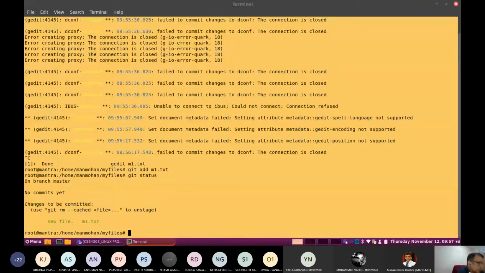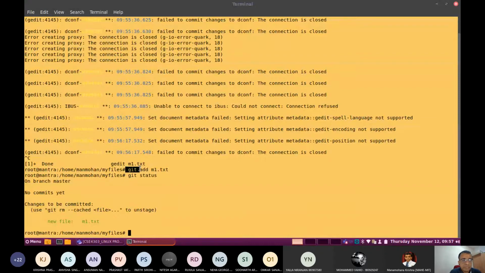Now, once you edit some file, you can look into the status. A very important point to note is what git add m1.txt means. If you want to commit your changes, you have to bring that file into the staging area. Otherwise, you cannot commit that particular file or save it.